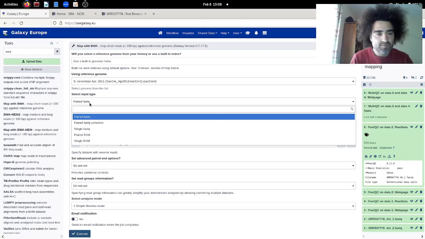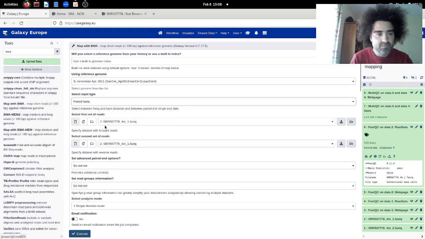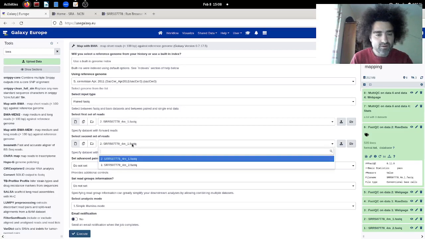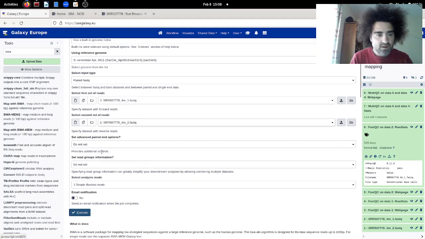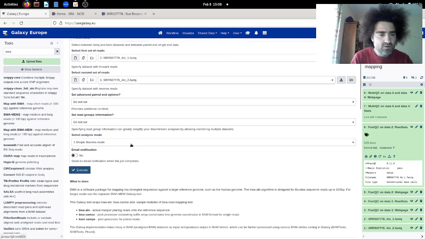So we go for paired-end data. And then the first pair is this one, but the second pair is not this one, it's this one. Good. We don't really need to set advanced options,